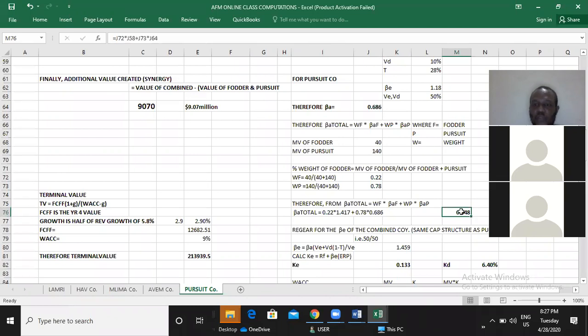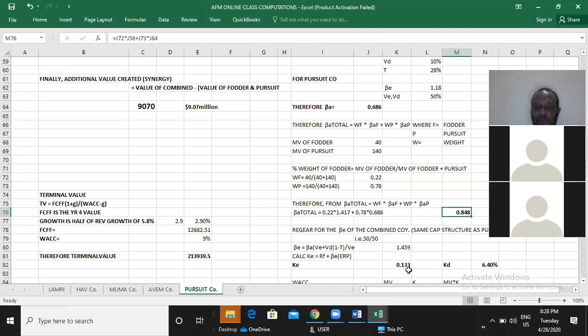And once we had that, we're now able to use that beta asset total, using the same Modigliani and Miller formula, making beta equity our subject, so that we're able to calculate our beta equity as 1.459 or 1.46 for the combined company. And so with that beta equity, we're able to calculate the cost of equity for the combined company as